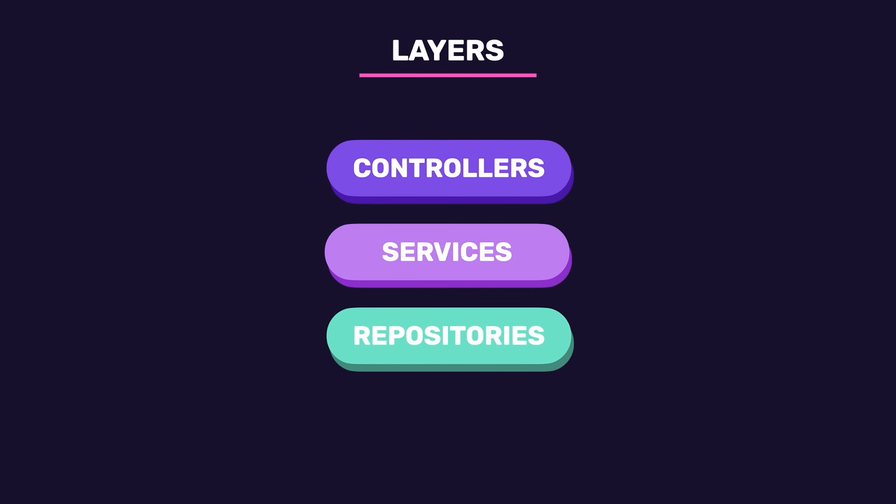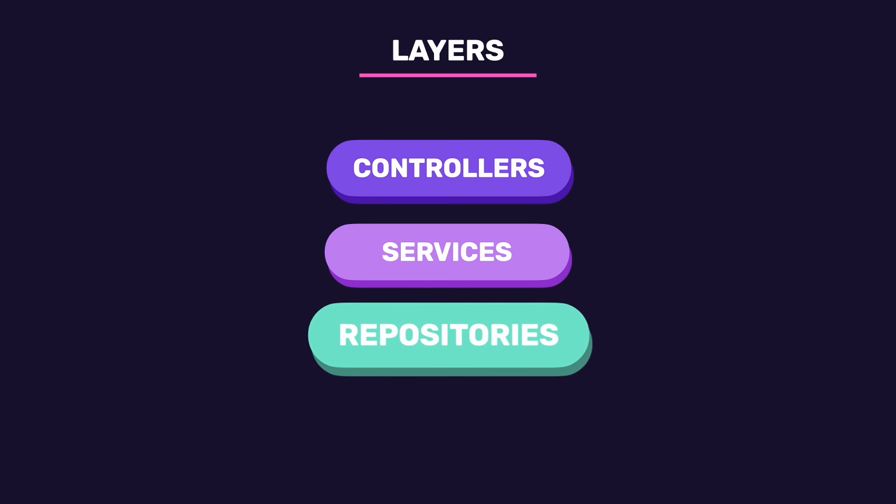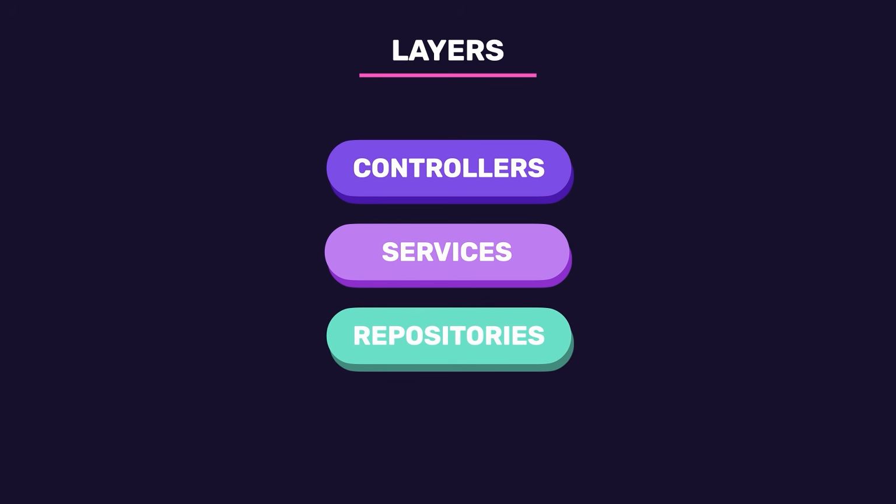So we talked about the layered architecture in the previous lesson. Now in this architecture, the direction of dependency between layers is always from top to bottom. So controllers can talk to services and services can talk to repositories, but not the other way around. So the most fundamental layer in our application is the repository layer. In this lesson, we'll introduce a repository, and then in the next lesson, we'll introduce a service that will use